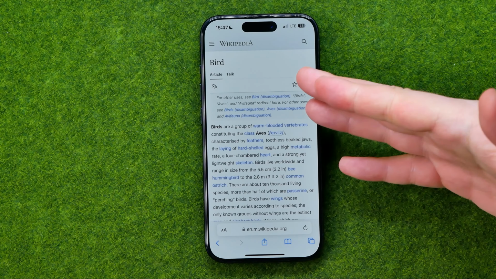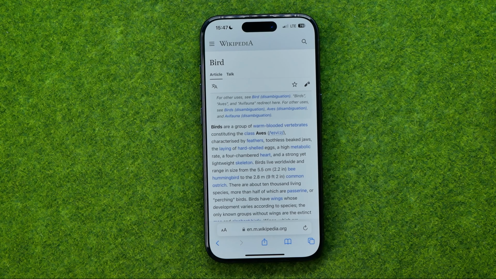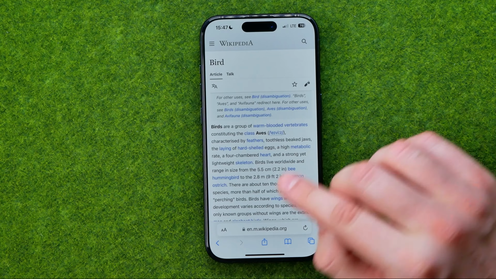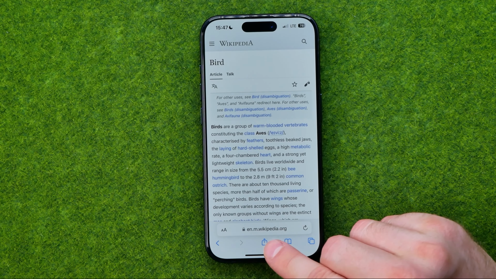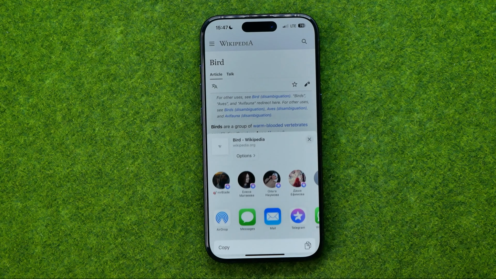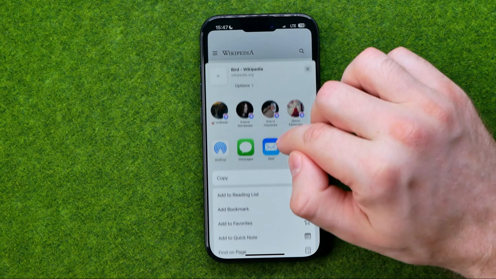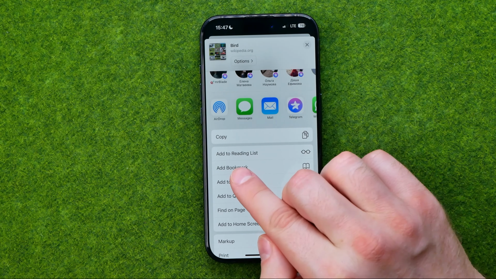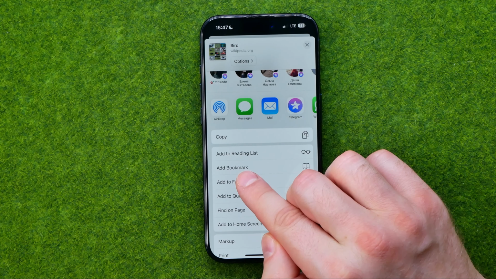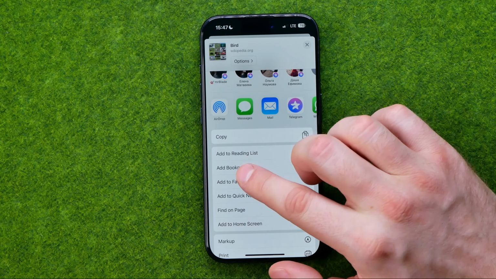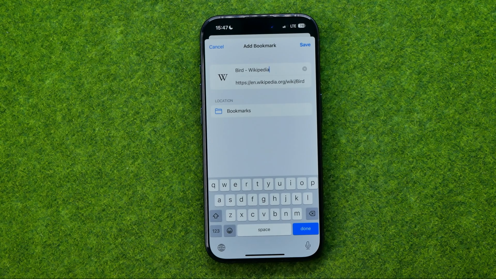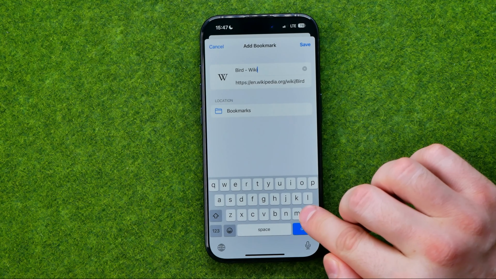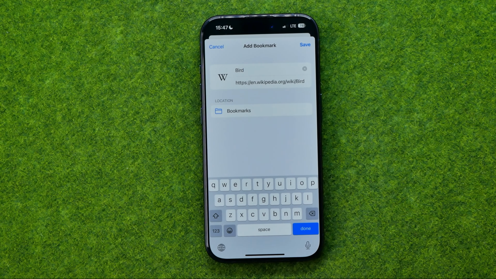Then go to some web page, and if we would like to bookmark it, all we have to do is just tap right here at Share. Then scroll down a bit, and that's where we can easily find Add Bookmark. If we tap on it, we'll be able to enter a name for that bookmark, and also we can choose